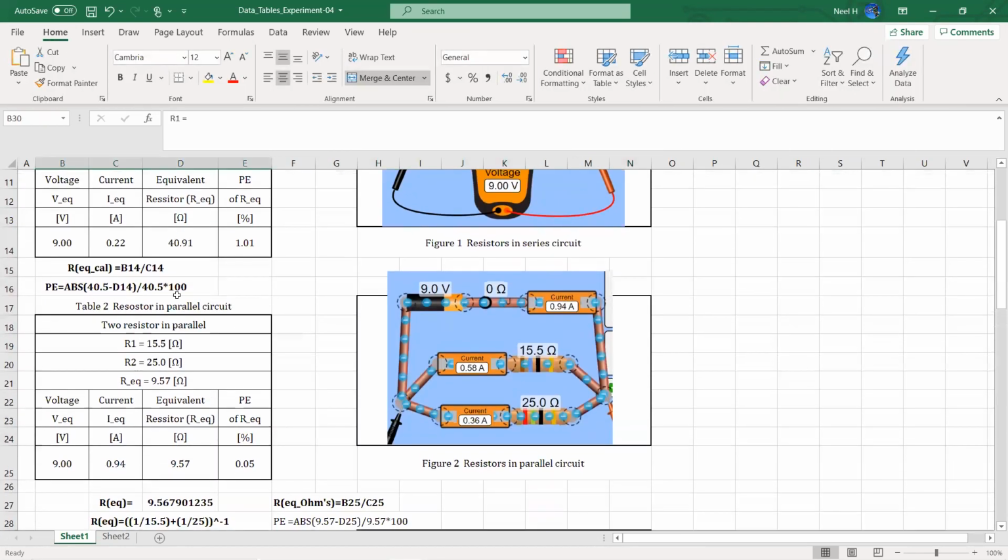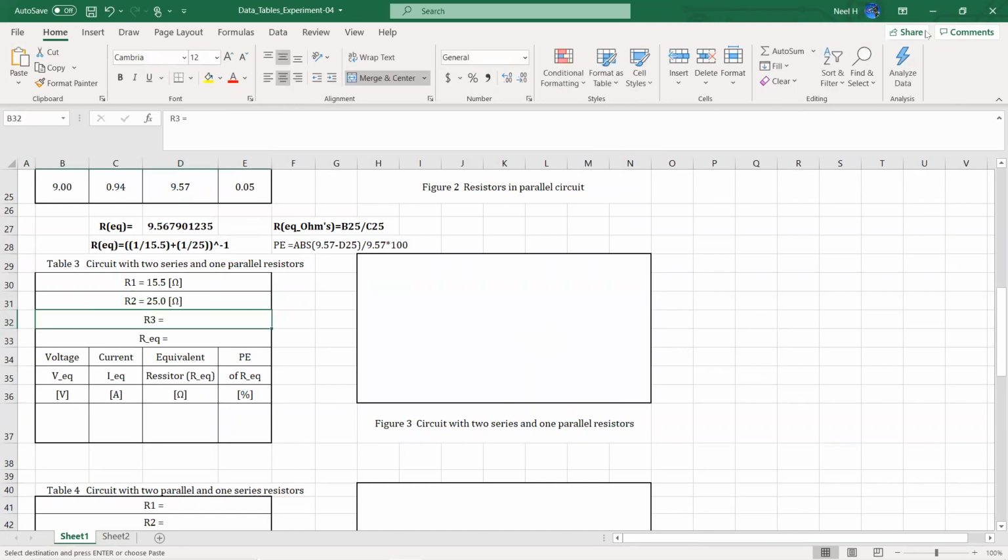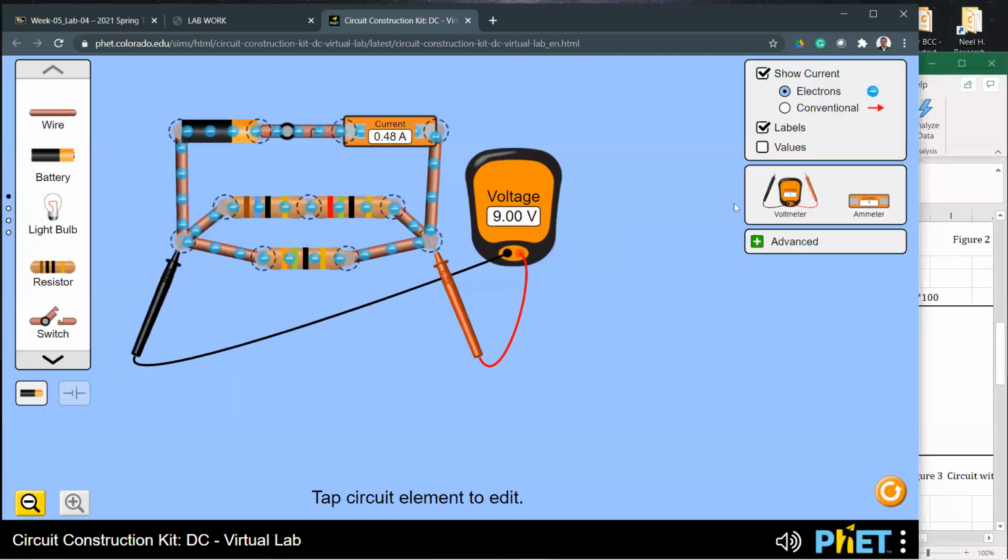Resistor 1 and 2, it's the same values, right? I can actually bring the numbers from the previous if you want to, nothing wrong because we keep the same numbers, right? Resistor 1 15.5, resistor 2 25.0, and resistor 3. Actually, you can do this too. This is maybe useful if you click on the values on right hand side top, all the numbers showing up,